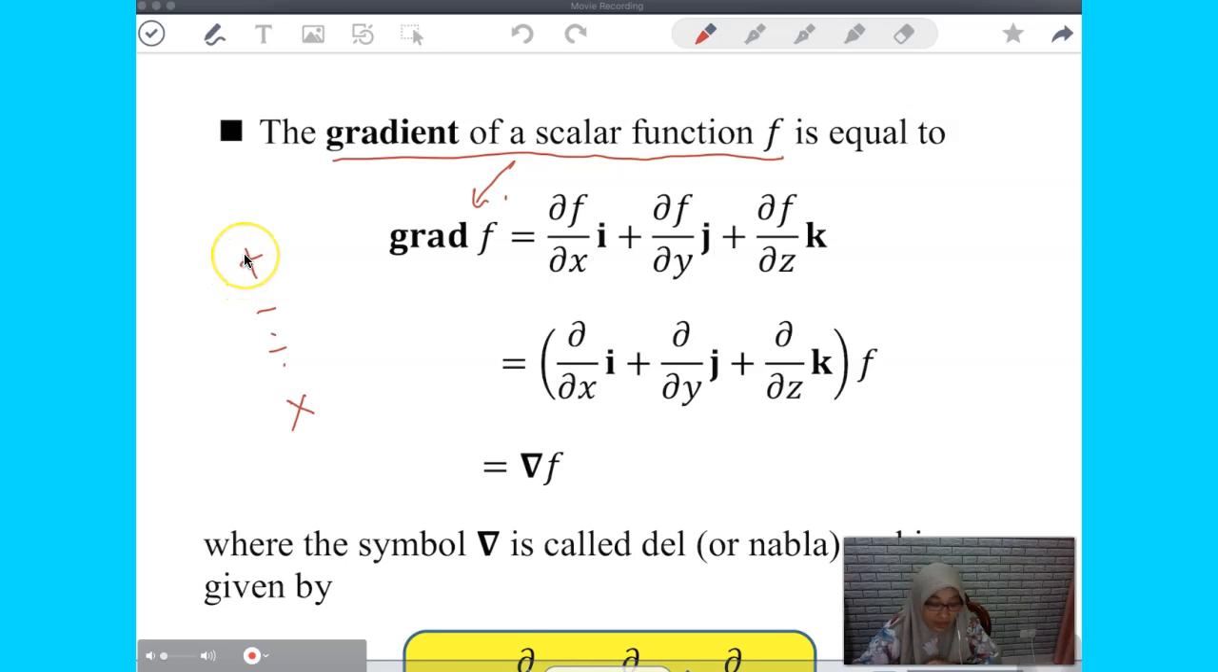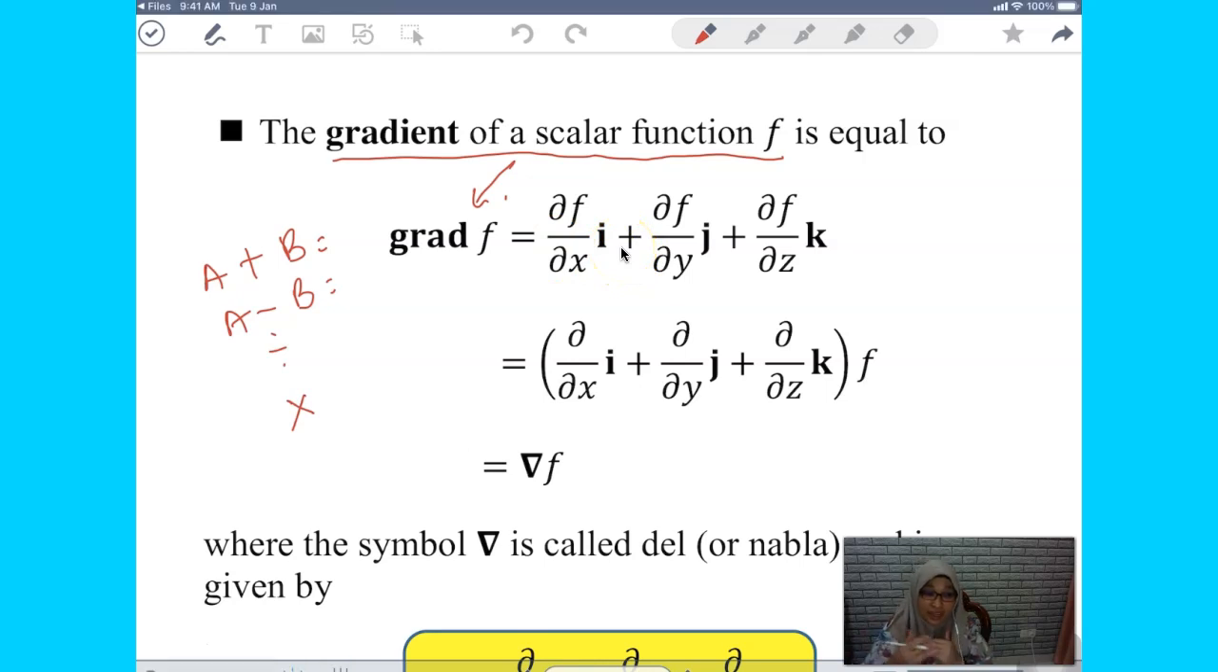So for example, A plus B, and you will get some value. Similarly, A minus B, and you will have a difference value, and so on. Similarly for grad f, if you just have grad without f, it's nothing. It should be partnered with the scalar field or scalar function. So after you have grad f, what actually happens? The gradient f means